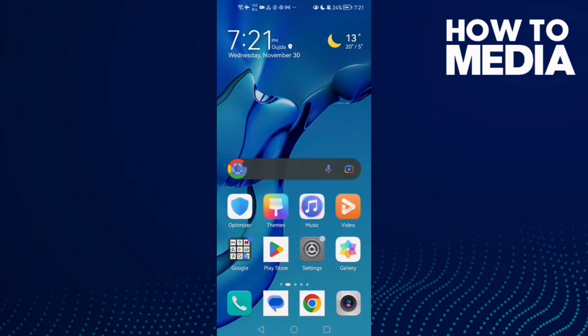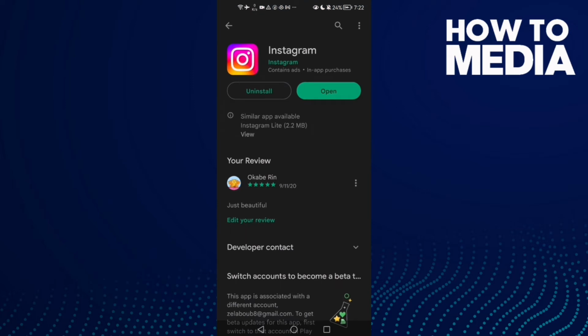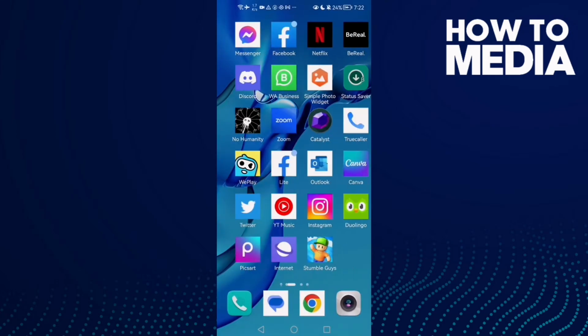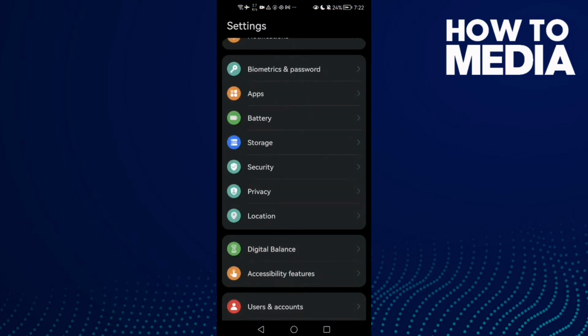First, open the App Store or Play Store, and here make sure your Instagram is updated. Just click update if you found it here, and now if that doesn't fix your problem, just go to settings,